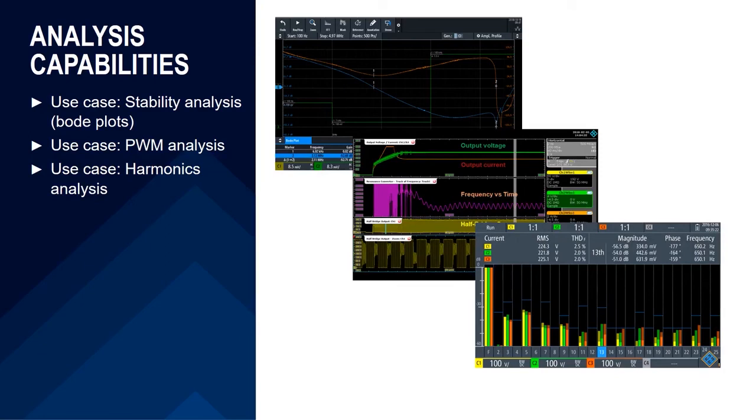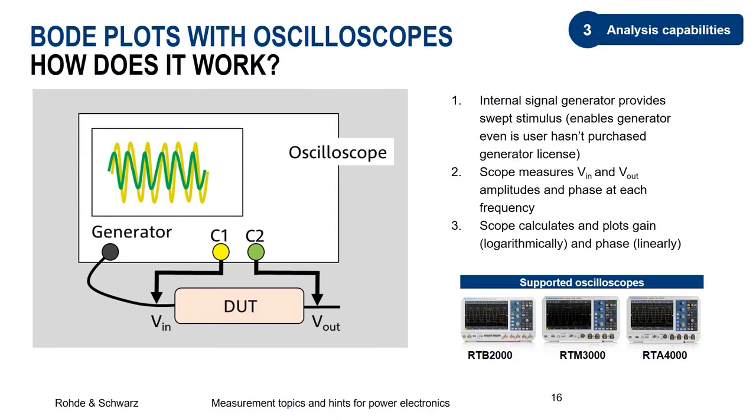One of them is stability analysis, another topic is PWM analysis or harmonics, yeah? And I will briefly touch this. So stability analysis, so doing Bode plots with oscilloscopes, can be done. First of all, you need the corresponding analysis software, which some oscilloscopes provide. And then